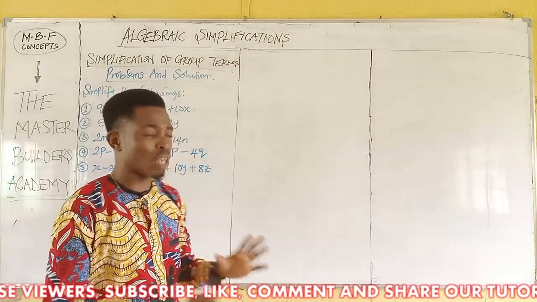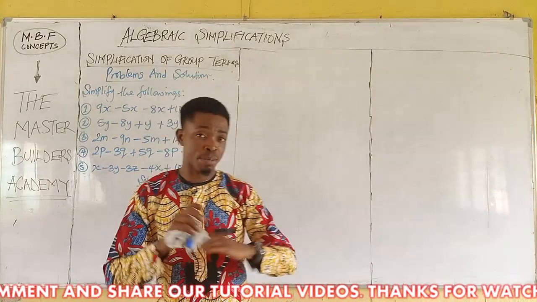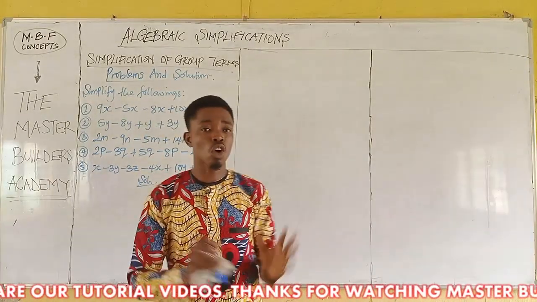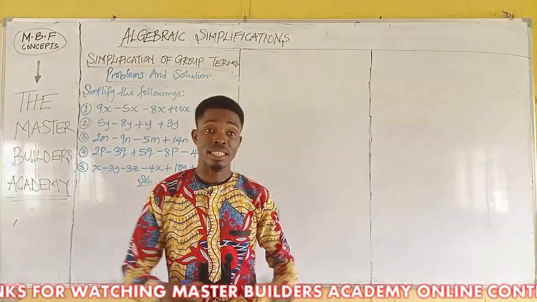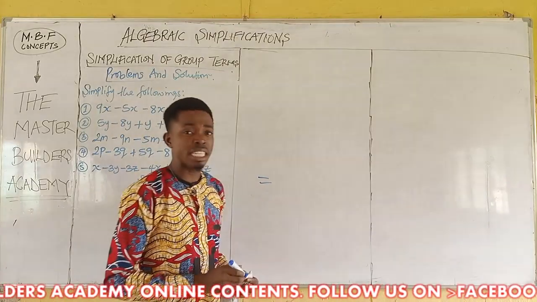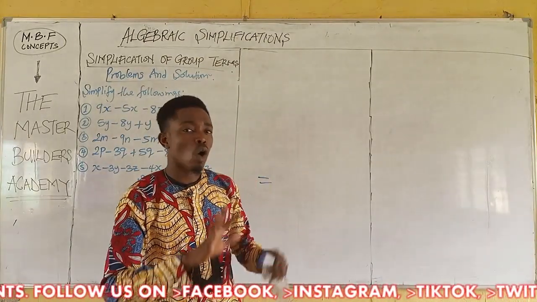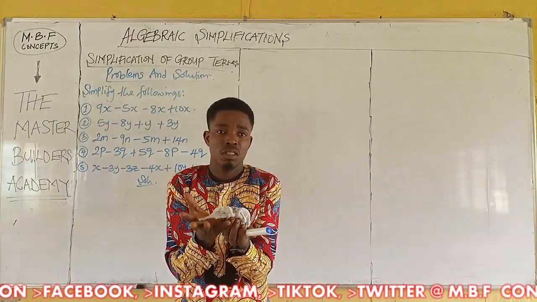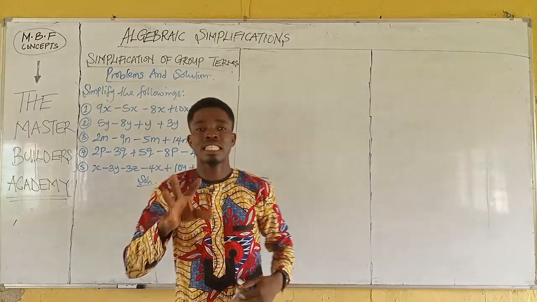But before we start looking at this, in simplification or generally in expression, the question comes in such a way that you don't have an equality sign. What I mean is there is no equal to sign between the terms that we have there. Are you there? Now, when solving algebraic simplification, all you need to do is to first of all understand that